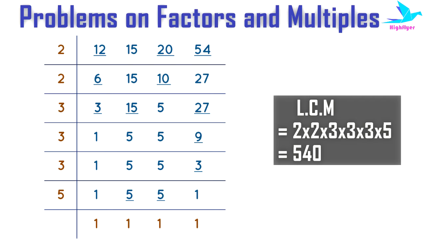So again we are dividing it by 3 till we get the result as 1, 5, 5 and 1. Then we'll go to the next bigger factor, which is 5. We divide all of them by 5, out of which we have already got two 1s and two 5s. So the two 5s are further getting reduced into 1s and we are getting 1, 1, 1, 1 as the last remainders. So this is where the process ends. And to get the resultant value of the LCM, we have to multiply all the factors which are there on the left side of the column. That is 2 into 2 into 3 into 3 into 3 into 5. The answer is 540.